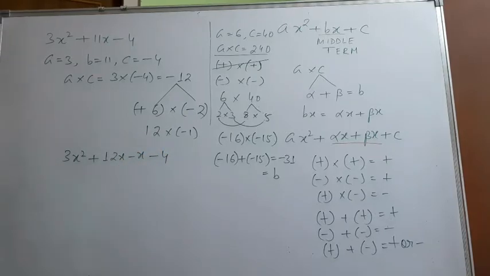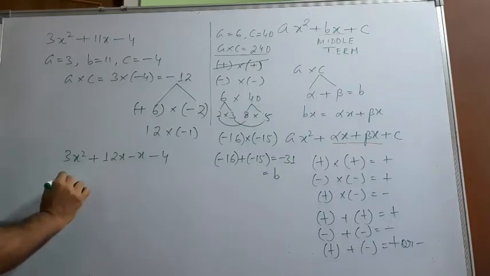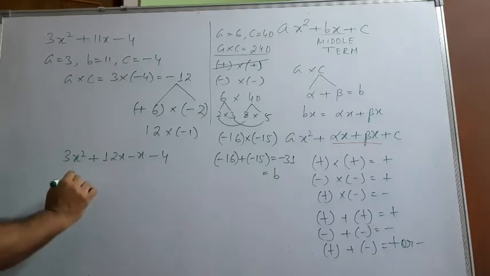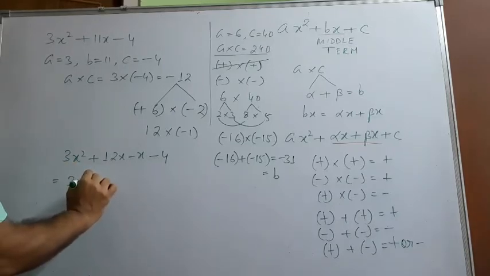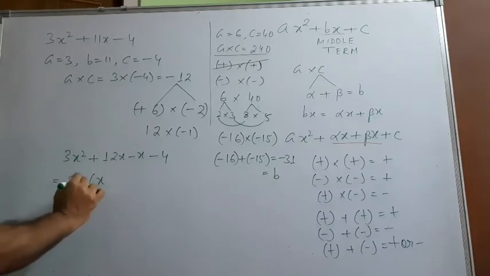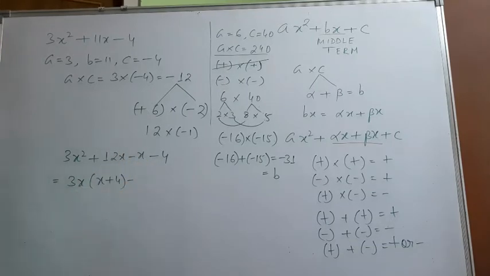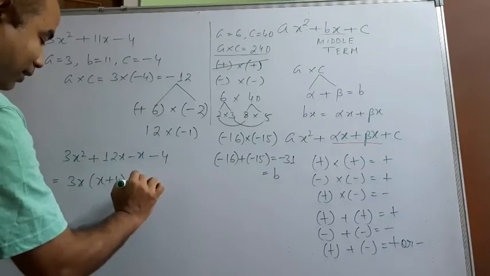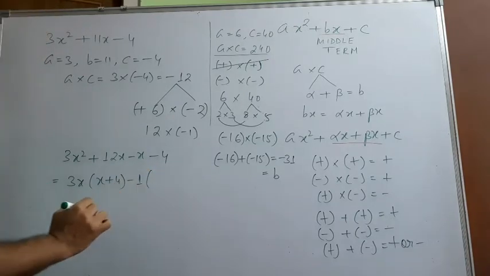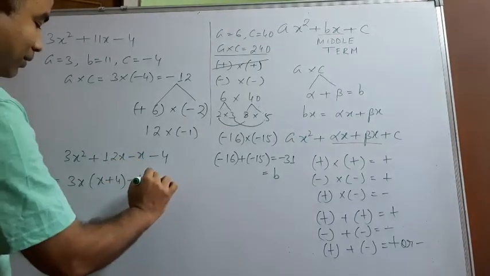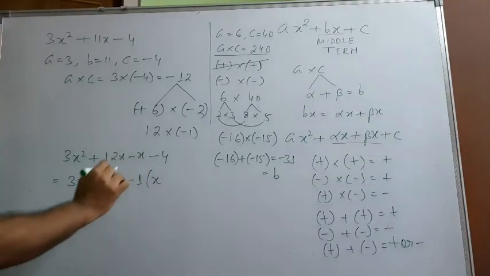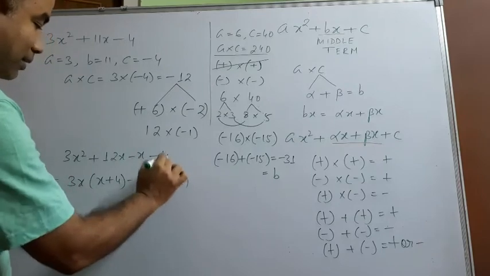Again you see we should have two positive and two negative terms. Count it. Now what you can take from 3 and 12, you can take 3 common. From x squared and x, you can take x common. I have here 3x into x, 3x squared, 3x into 4, 12x. Here first of all you write this sign. Nothing is common in x and 4. When nothing is common, then always 1 is there. So 1 you take common. Then here we have minus 1 into plus x is minus x, minus 1 into plus 4 is minus 4.